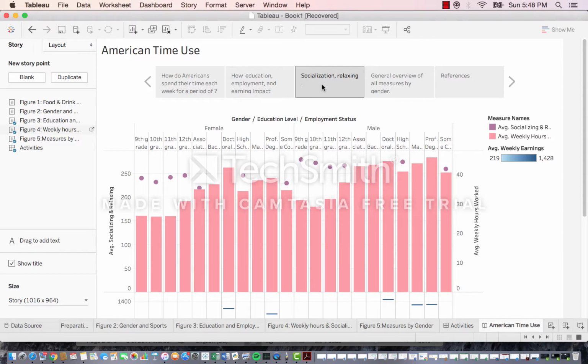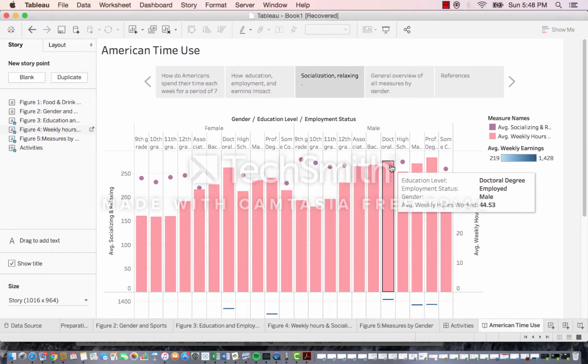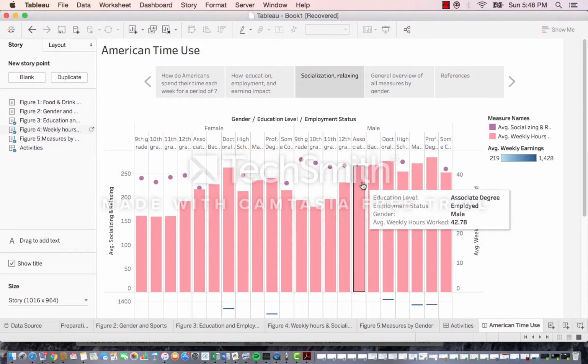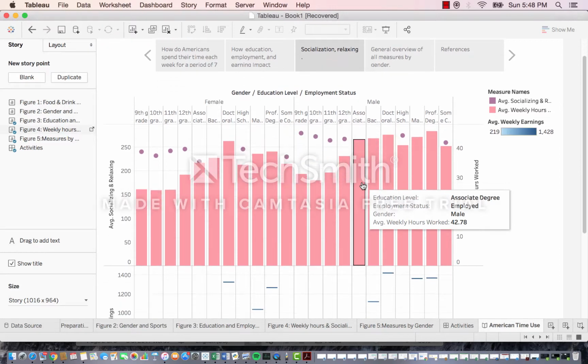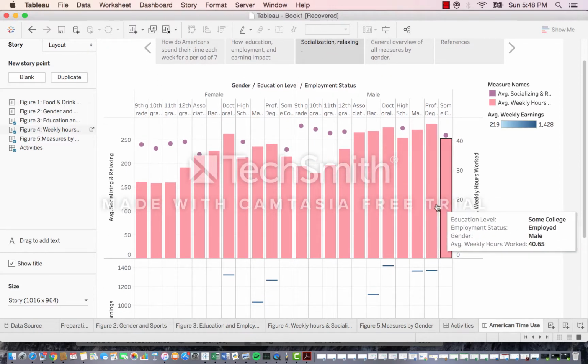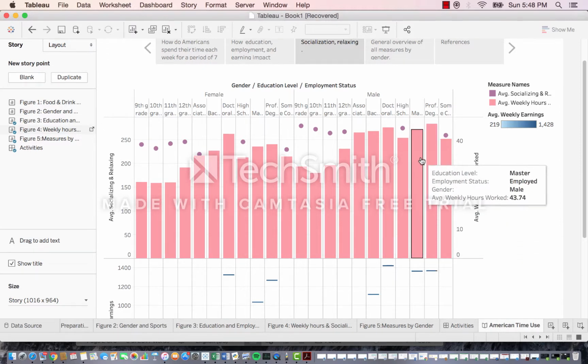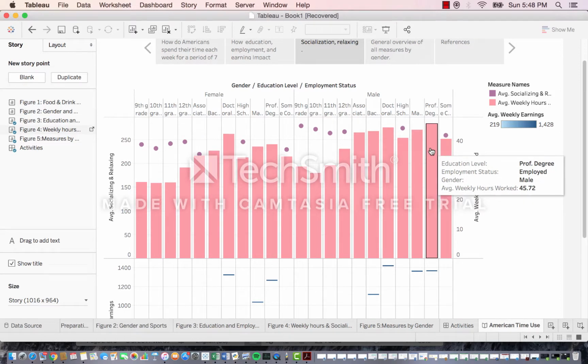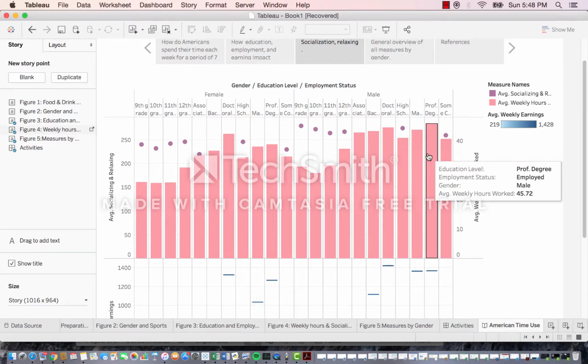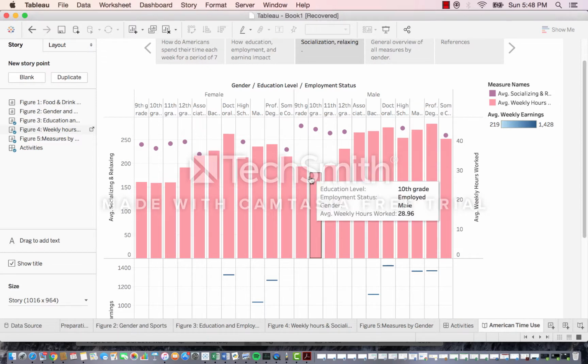As you can see, the highly educated individuals, that's doctoral degree holders and professors, don't have any time to socialize and relax. They put in more weekly hours worked, and they also earn the highest. For example, a professor will put in 45 weekly hours worked and will earn closer to $1,400 to $1,500 a week, and so they don't have any time to socialize and relax as compared to, let's say, a 10th grade